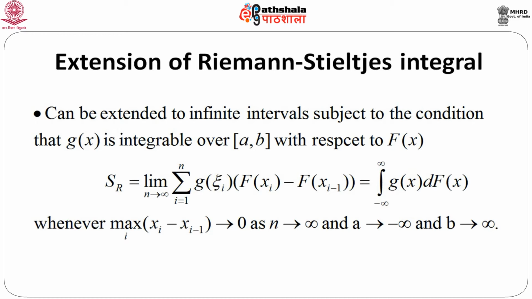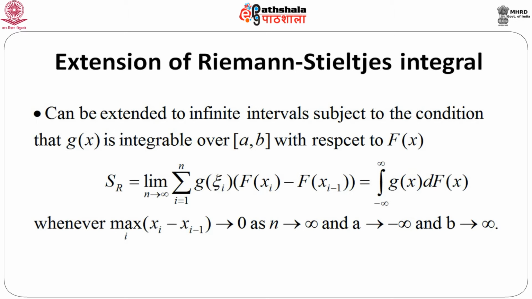So, it can be extended to infinite intervals, but there is an important condition that g(x) must be integrable over [a, b] with respect to capital F(x), which is nothing but the distribution function with respect to which we are going to define this extension of the Riemann-Stieltjes integral. So, let us first consider this sum, the standard Riemann-Stieltjes sum, which is g(xi_i) times F(x_i) minus F(x_{i-1}), sum over i goes from 1 to n, and the limit as n goes to infinity,